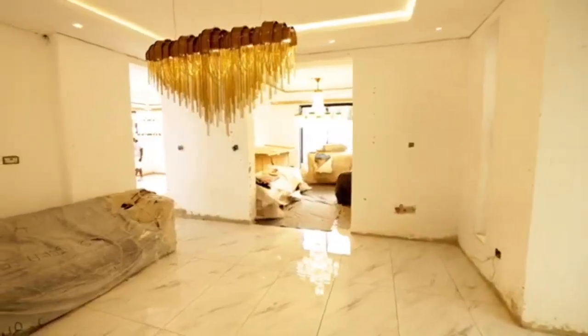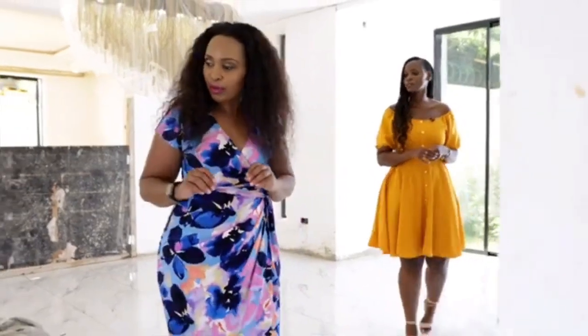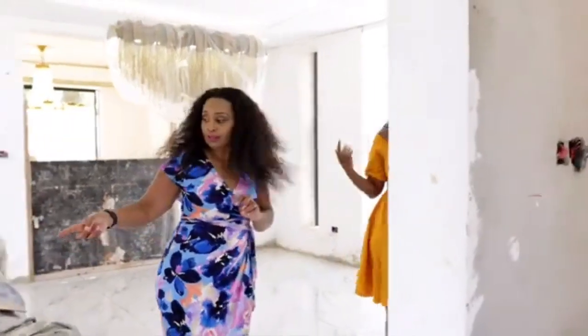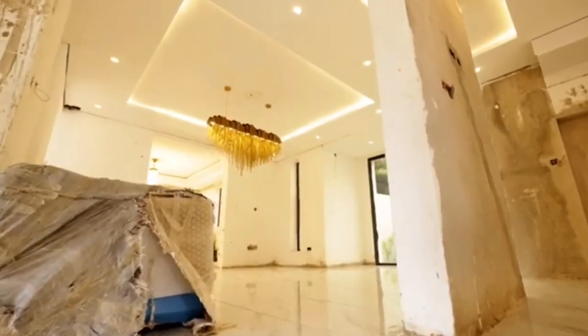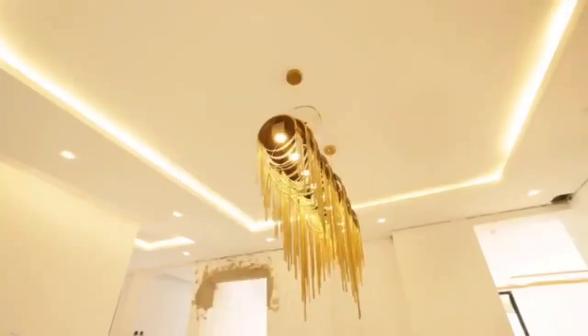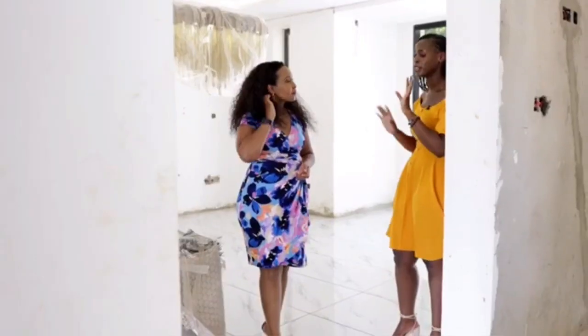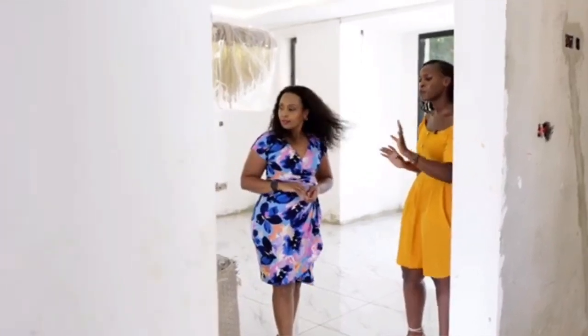This is definitely somebody's dream house. Yeah. And when you make your dream house, you want it to be perfect. I see a staircase going somewhere. What's happening there? So this house is very, very special, and it does have a basement. So what we did is completely transform it into a theater and into a studio, but we can't go down